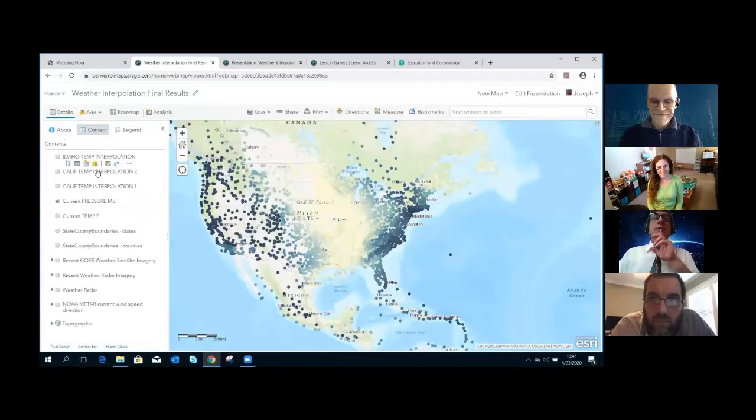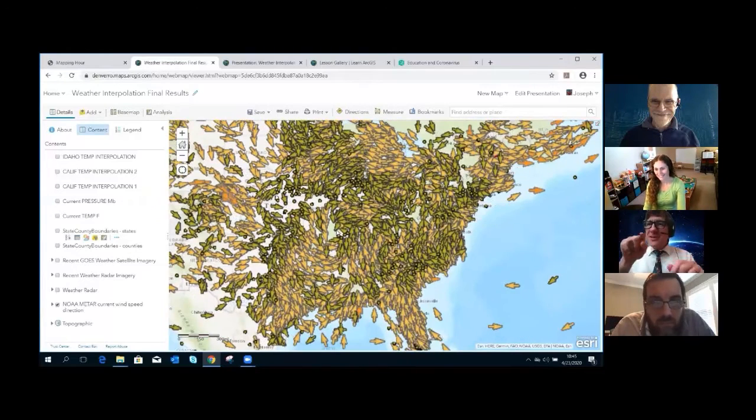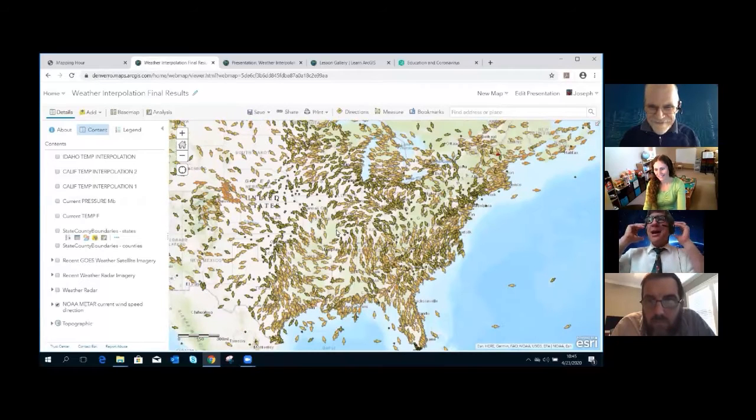Okay, so what about the wind speed and direction? That would be interesting. And in the lesson, they actually come up with how to symbolize these vectors according to the wind direction. It's really fascinating. Look at this. But look at this right there, just kind of southeast of where Tom is right now. There's this